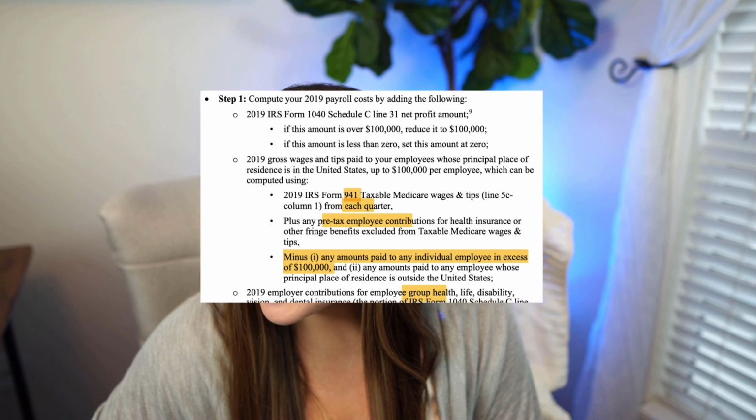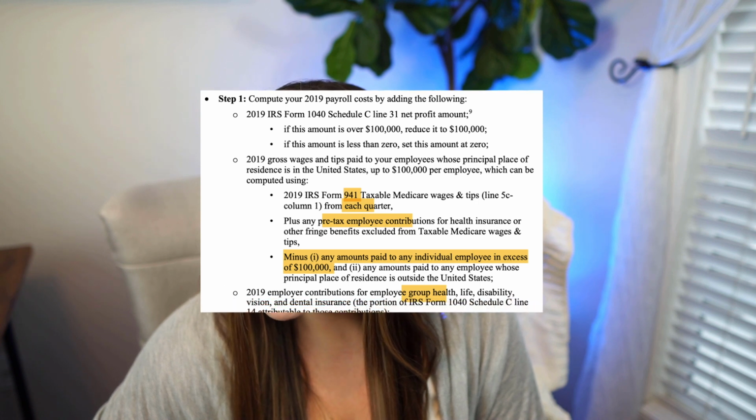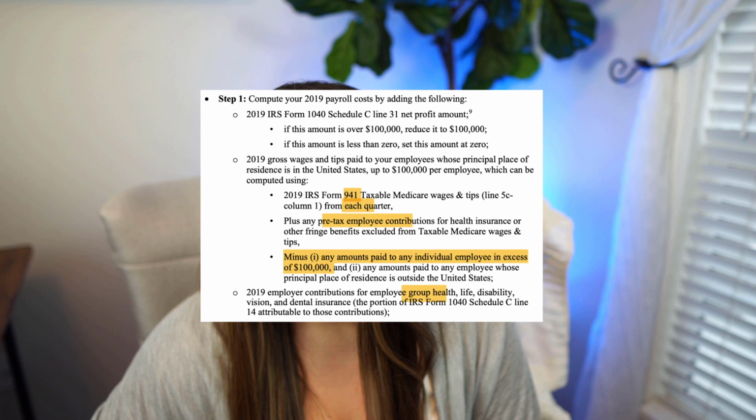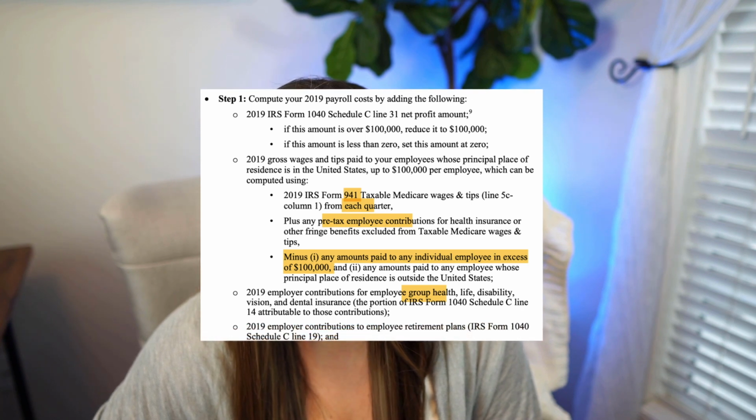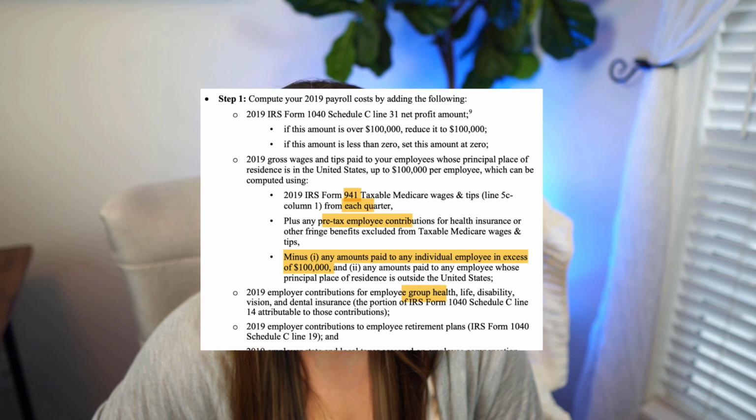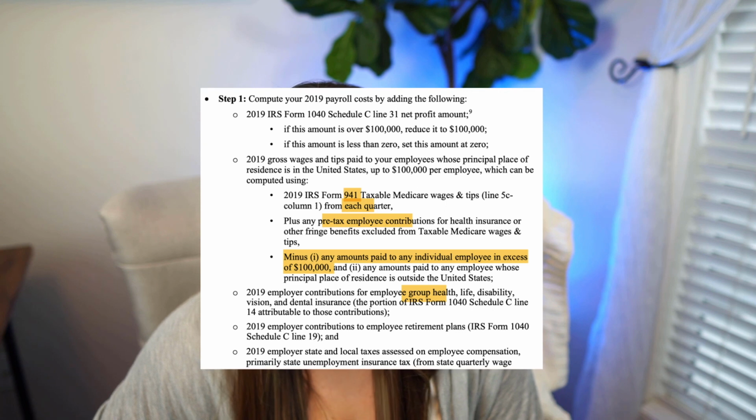You can use your 2019 employer contributions for employee group health, life, disability, vision, dental, so basically your benefits. And you need your 2019 employer contribution for retirement, and your 2019 employer state and local